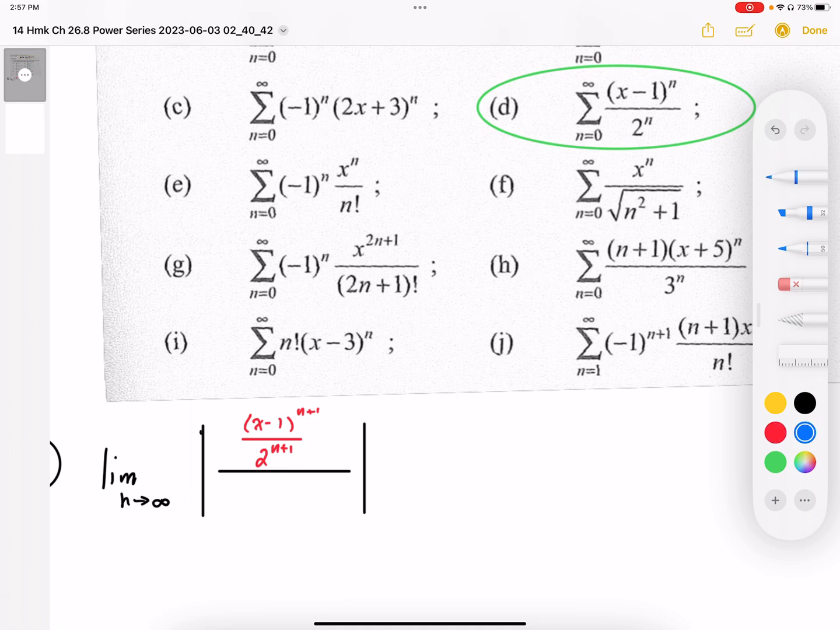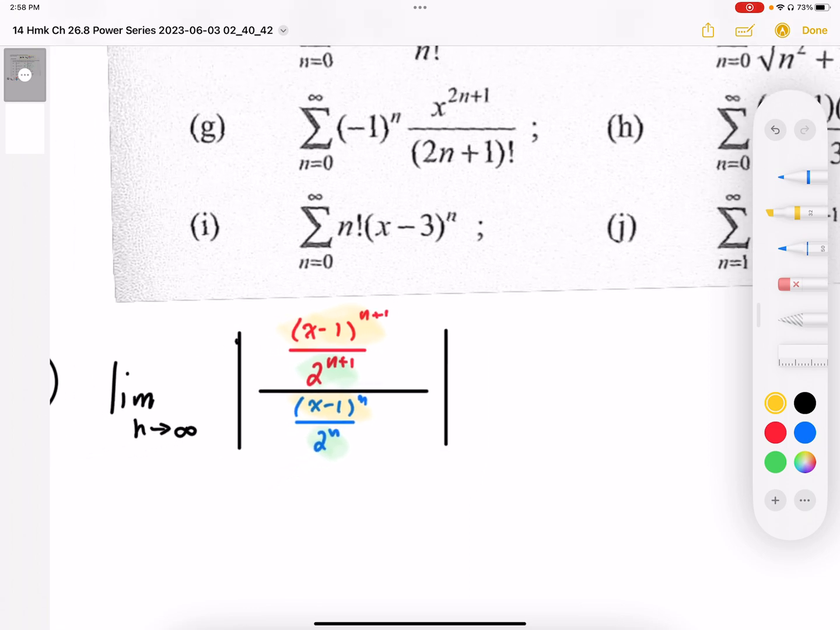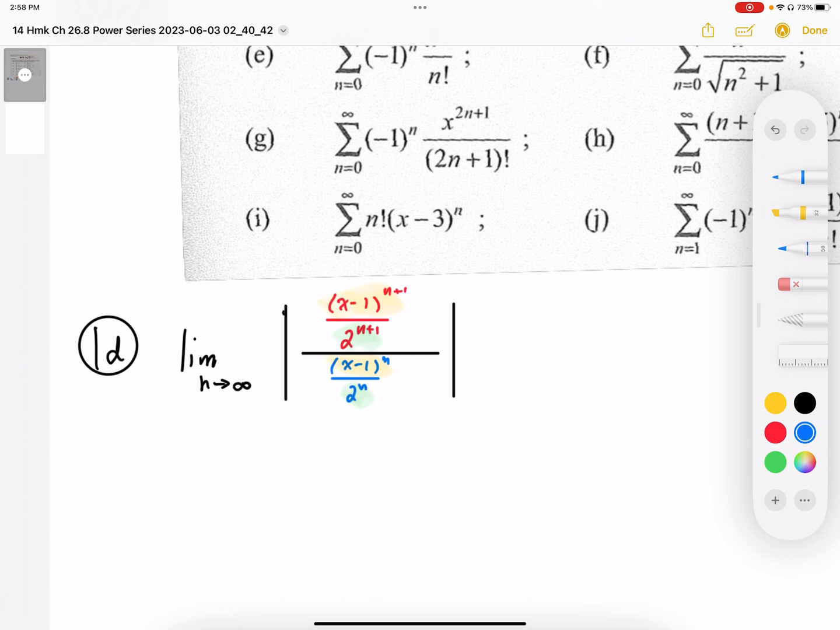Okay, and in the denominator of this expression, we're going to just put our (x-1) to the power n and 2 to the power n. We can probably already guess that we're going to group these together, and we're going to group the (x-1)^n's together. Okay, so simplifying this,